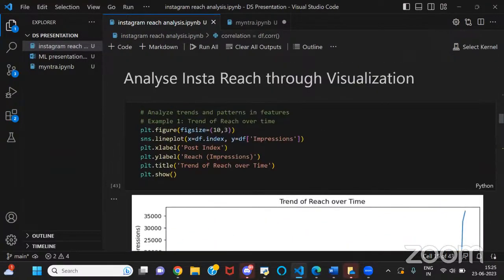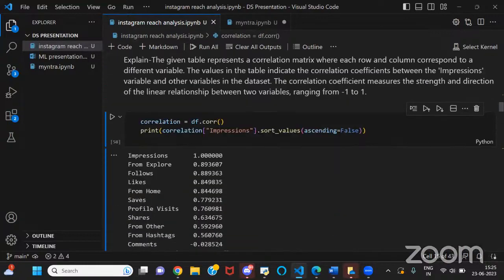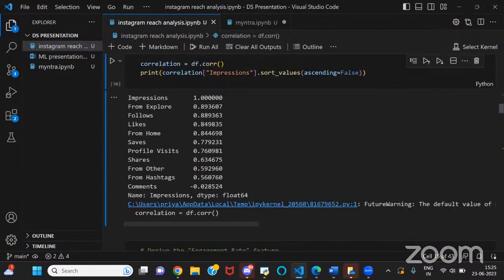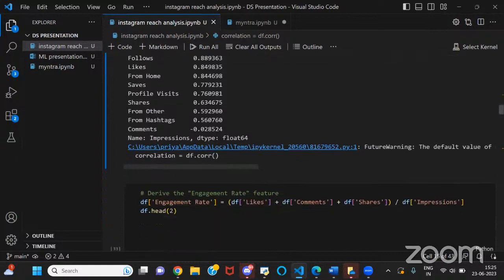Now let's go for the next step. Here the descending order, I've arranged the correlation. So it clearly says from explore, you're getting the maximum traffic, then follows, likes, from home, then save, profile visit. My top priorities are explore and follow. Okay. Then